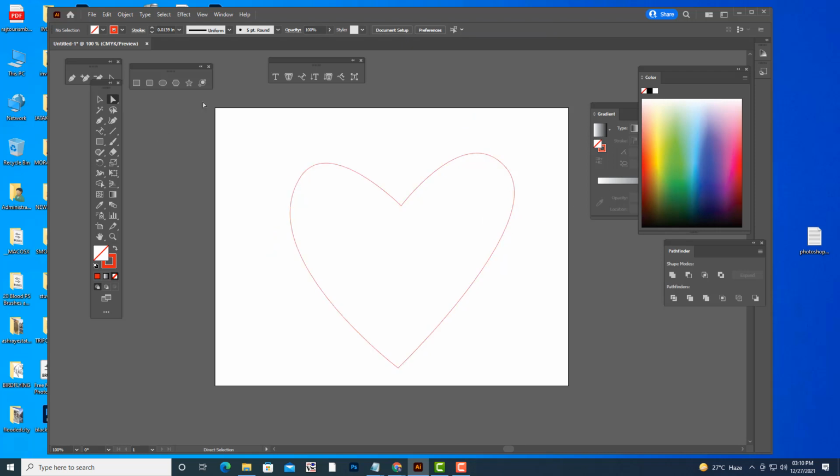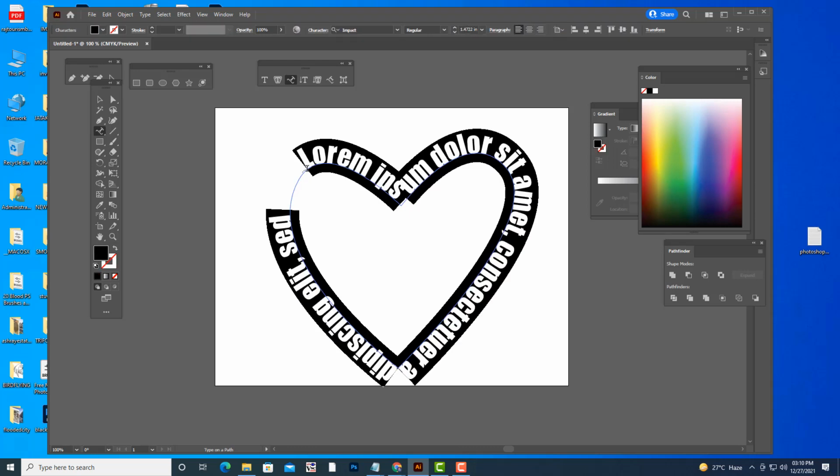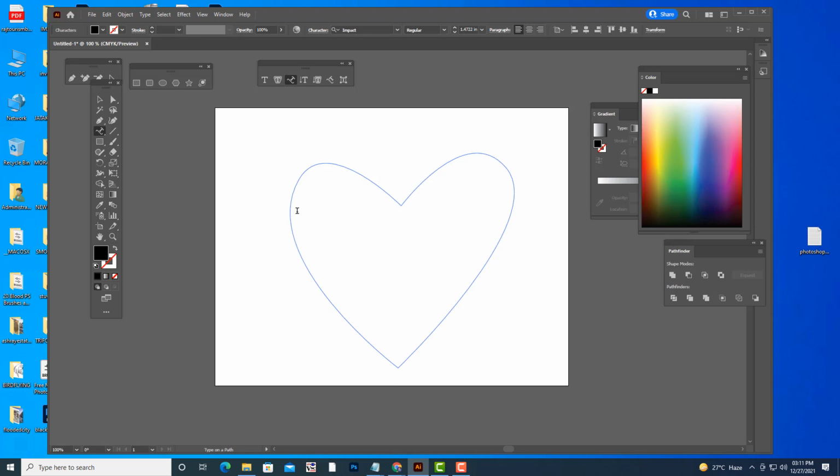So then what is the next thing we'll do? I'm going to select this type on a path tool, and then simply click here. Now the text is sitting on this path. So we can put our own text here.